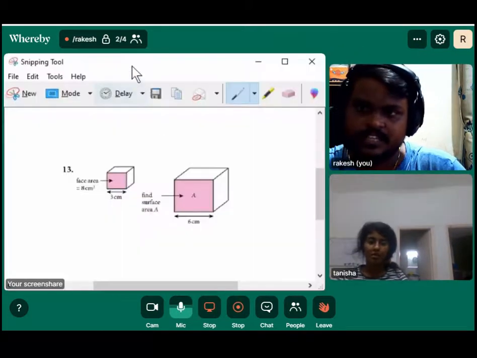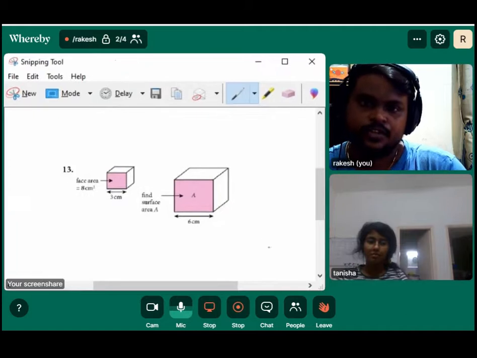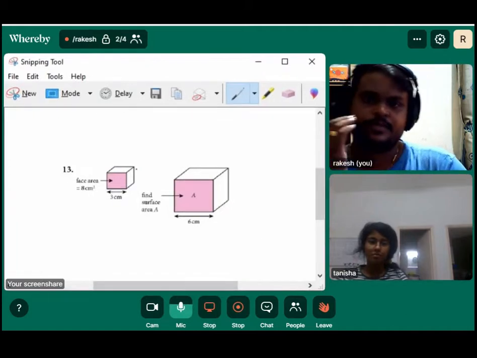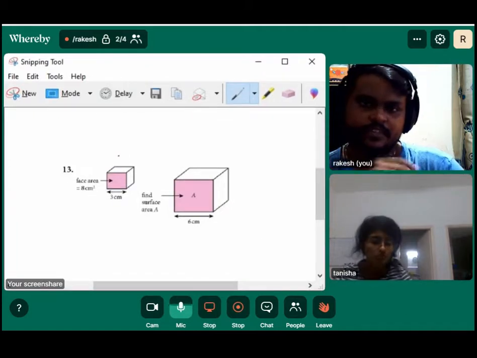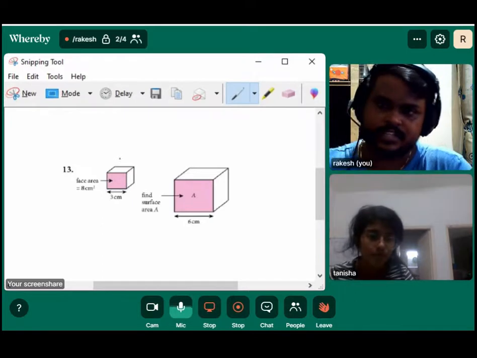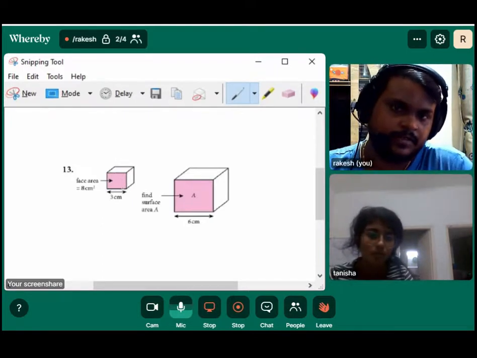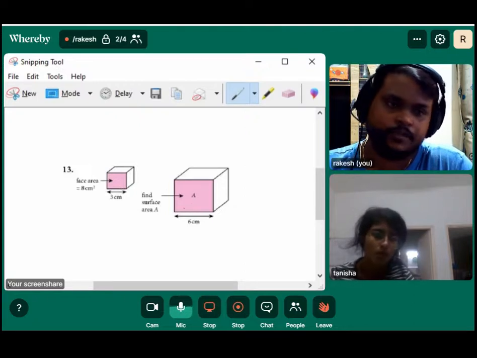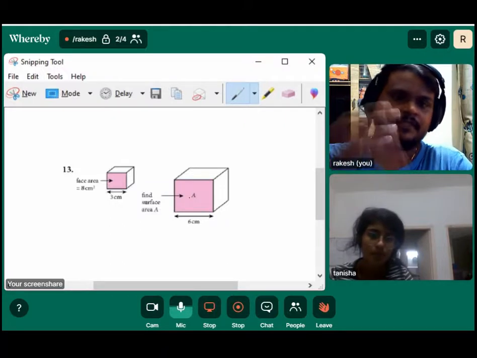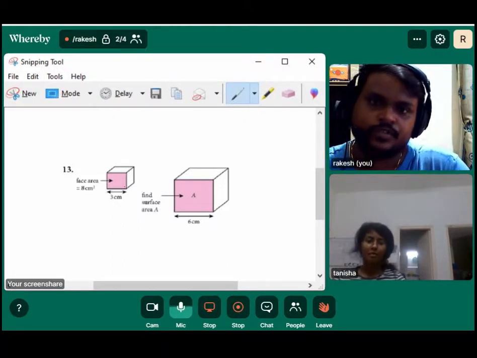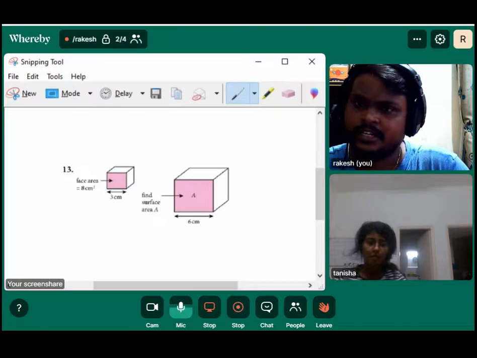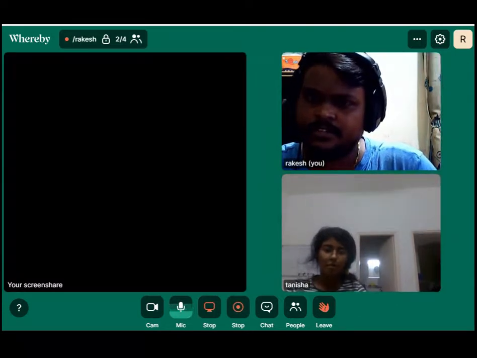These are from exercise 8. So this is the question where three-dimensional cuboids are given. That is obviously three-dimensional, but they are dealing with the surface only, right? So surface will always have area. It won't have volume, right? So they are dealing with the area of the surface of the cuboid.